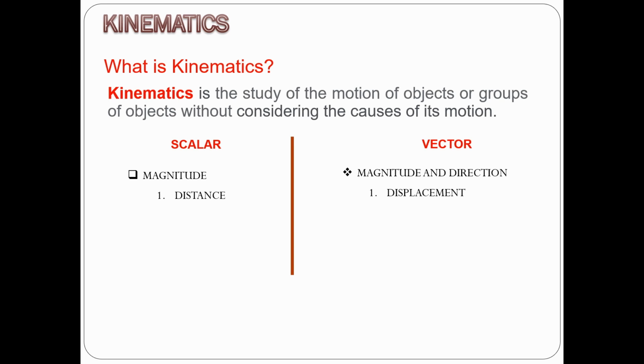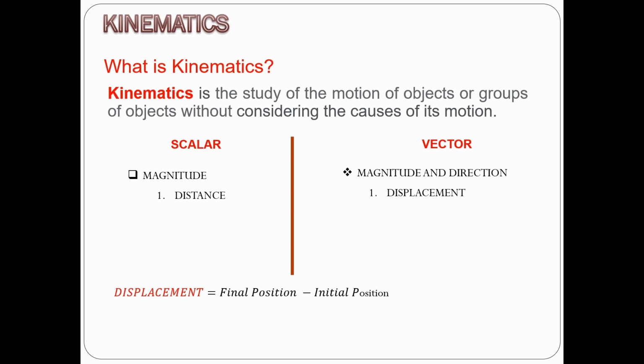Let's say Peter walked a distance of 30 meters. This basically describes how far the distance traveled. And let's say a person traveled a distance of 30 meters east. Now it describes displacement. Technically, displacement is the change in position of an object, or we can say it is the difference between final position and initial position.